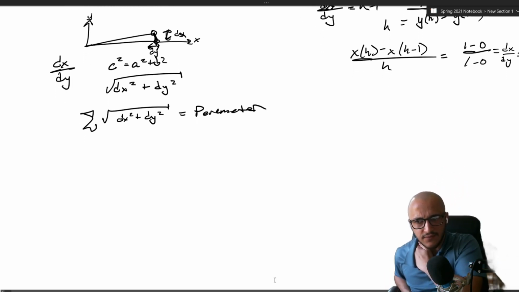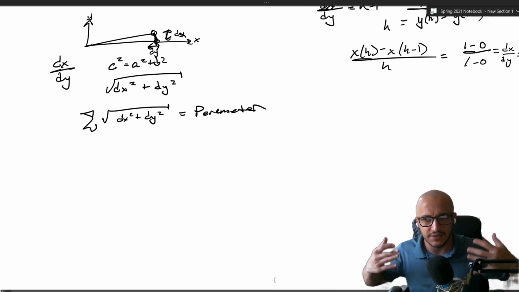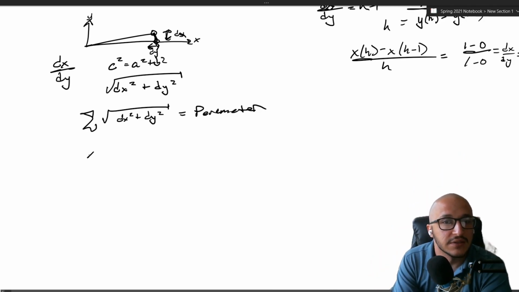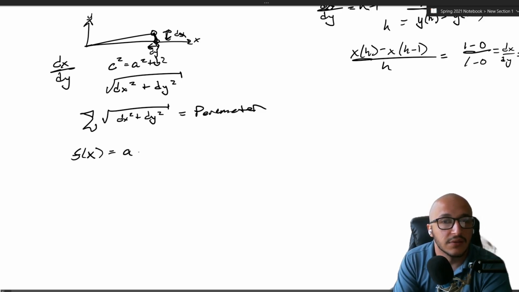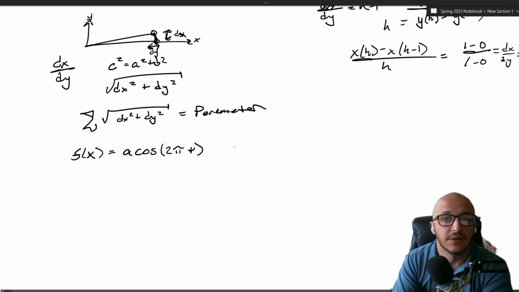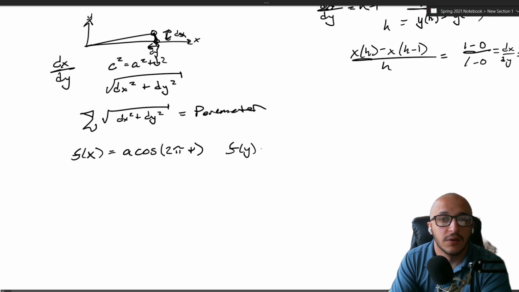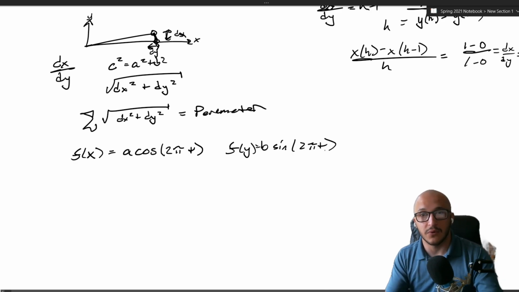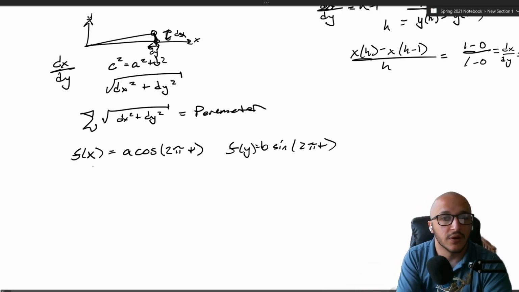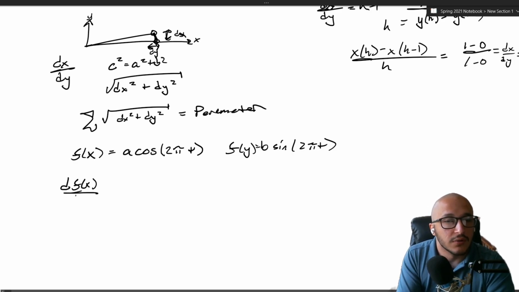Now let's say x is a function of t, where f of x equals a times cosine of 2 pi times t. And let's call f of y b times sine of 2 pi t. So now we can actually start getting somewhere, where we can find d f of x over dt